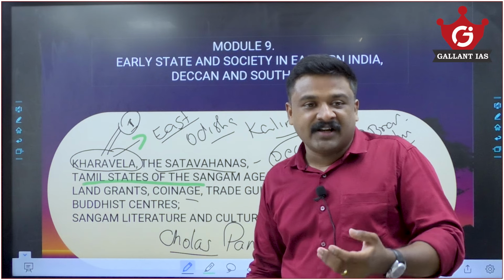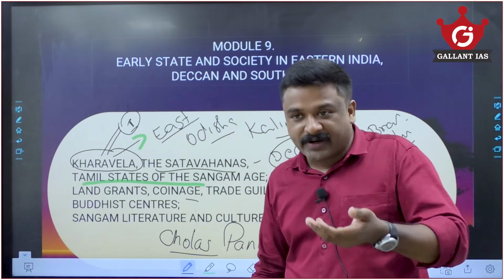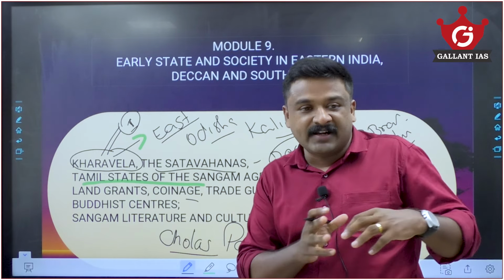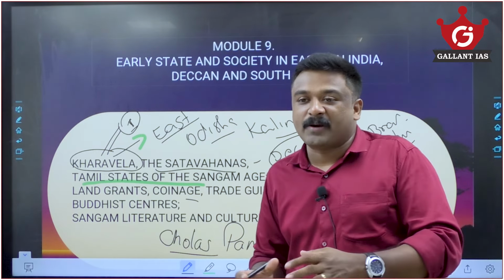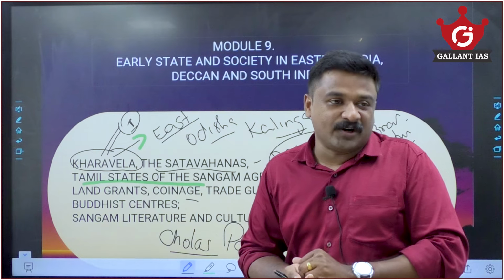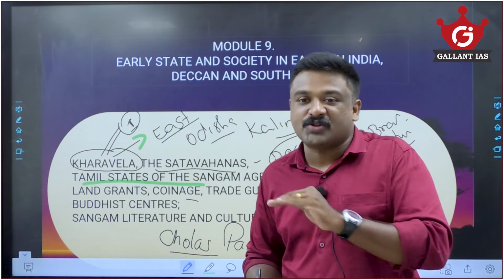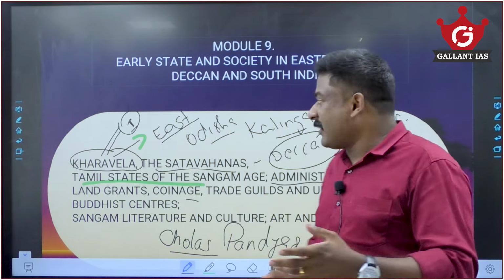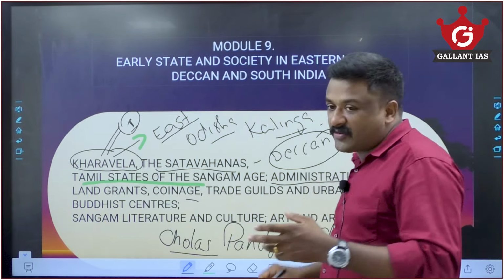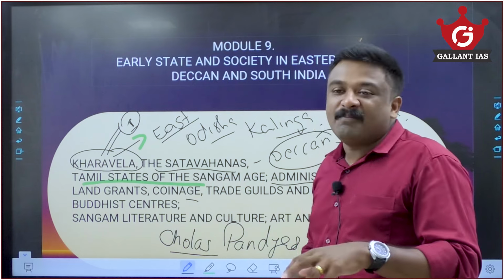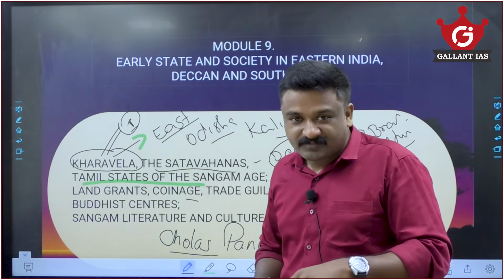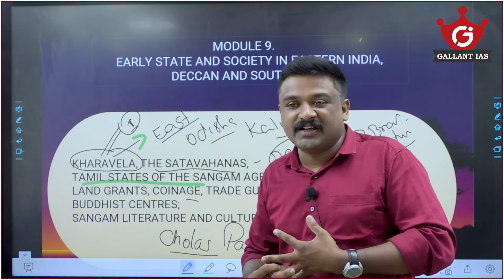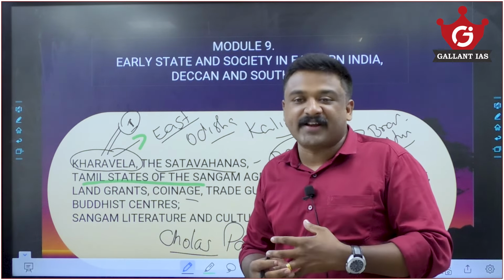Roman sources are there, and Ashokan inscriptions and Hathigumpha inscriptions are there. There are some other contemporary sources which also talk about these South Indian rulers, or the earliest South Indian history, which is Sangam history. This is roughly constituted between 300 BC to 300 AD. But according to recent archaeological excavations, this is older than 300 BC.